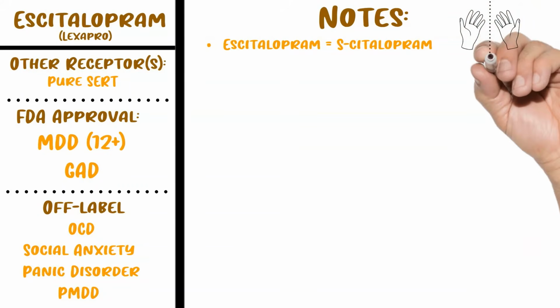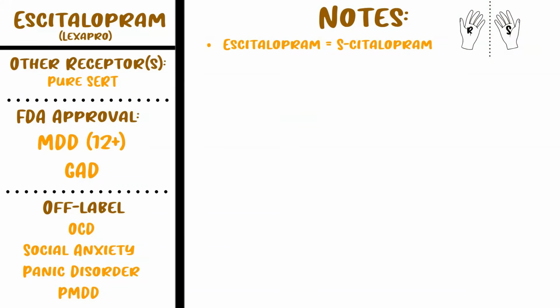And the RS is the naming convention, and left is the word sinister in Latin, so that's where it gets the S, and R is rectus, or right, as in morally right. As you can see probably on the drawing board, I'm left-handed, so obviously this naming convention is very upsetting to me. So when drugs exist as enantiomers, usually only one of the enantiomers is responsible for the physiological effects, and